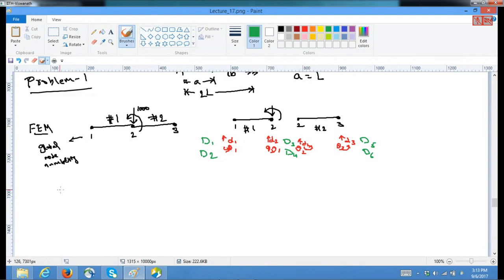So anyway, for the element 1, the stiffness matrix is given by the length of the element. This element is A, which is equal to L, and the length of this element is also L in our case. So we are fortunate, and let us say its properties, flexural rigidity is EI. So then for the element 1,